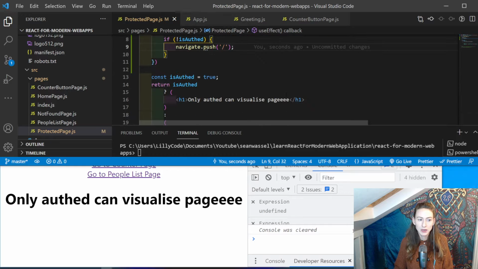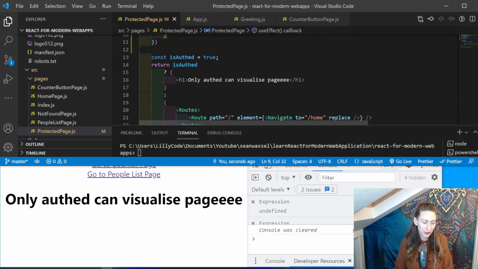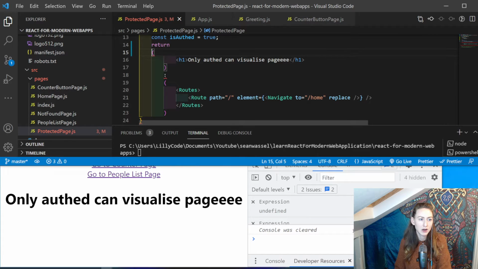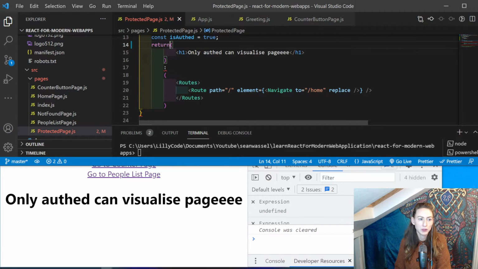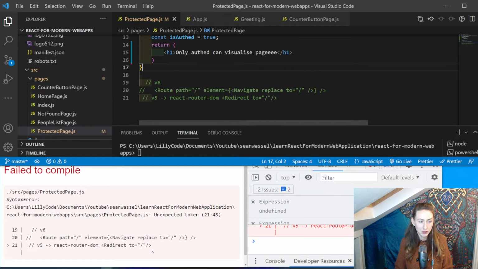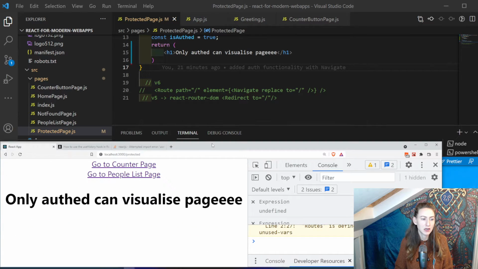So now down here we don't need to have the isAuth check. We just need to return the true case, because if it's not authed, it will use effect to check that first and do something else. So I just need my closing parentheses there. If I save,